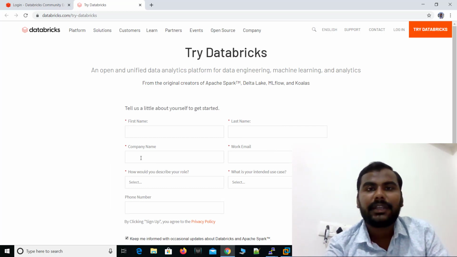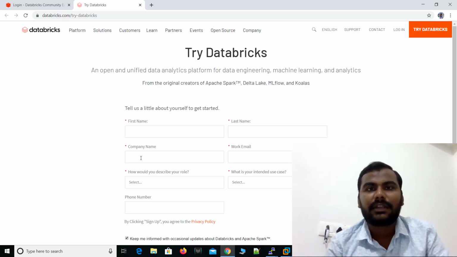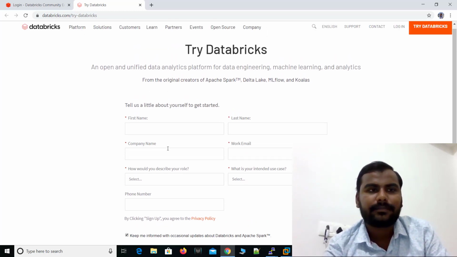In the company name you can mention anything, since some folks may not be in a company yet. For work email, you can use your Gmail also, that's not a problem. Then the role, your intended use case, and the mobile number. Once you are done, just click on sign up.